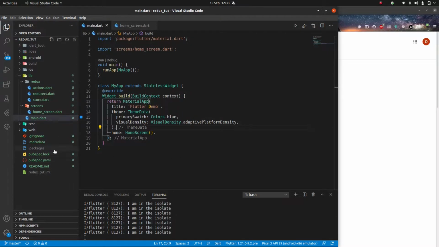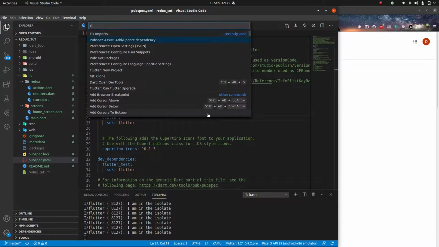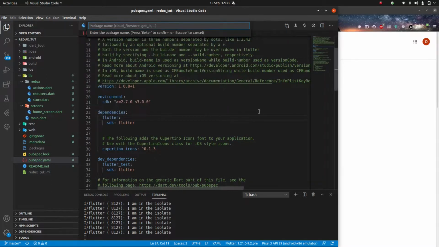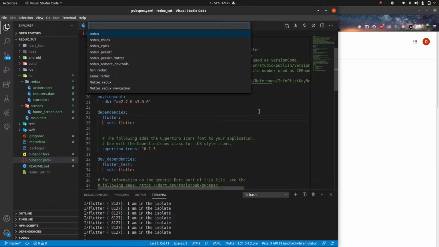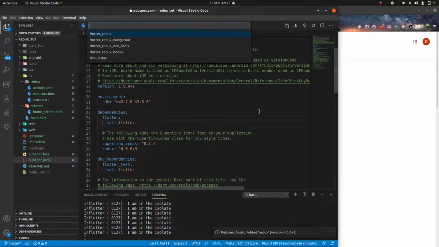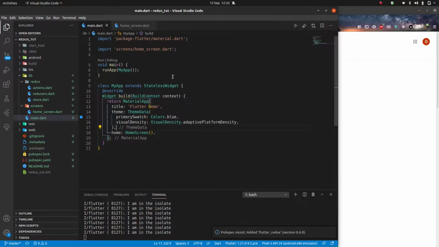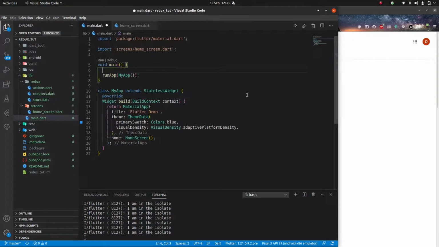But before we do that, I just realized I have not added our packages. So I went to my pubspec.yaml, pubspec assist, add update dependency, and I want Redux. I'm just going to take the first one, Redux, and again, Flutter Redux. I'm going to save it. As you guys can guess, Flutter Redux is going to give me access to my specific provider for my app state. And the first thing I'm going to do is go into my main function,